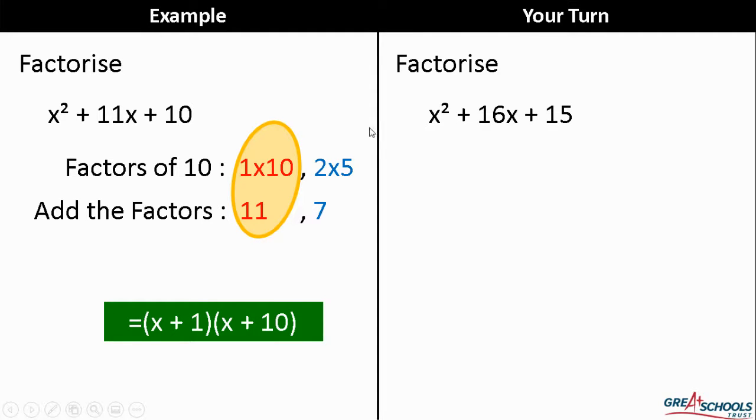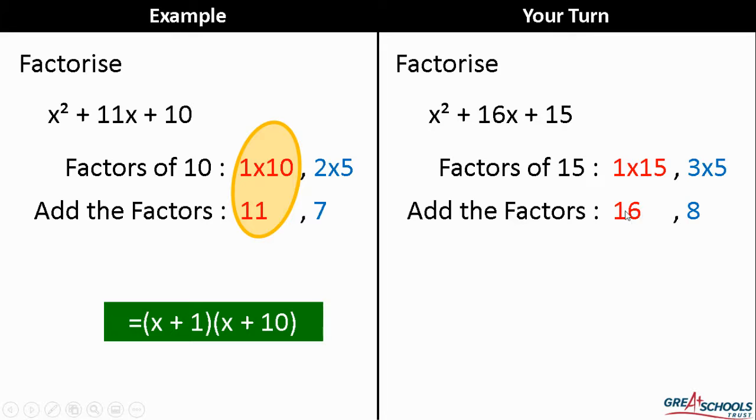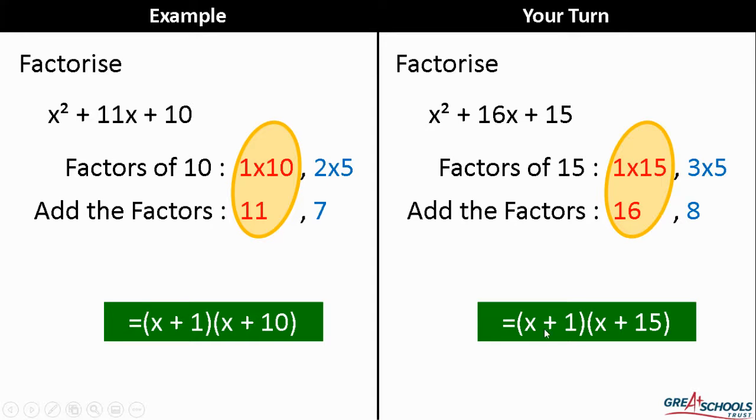Okay, once you've restarted, you should get 1 and 15 and 3 and 5. When you add them together, you'll get 16 and you'll get 8. So we can immediately see that these are the pair we want, the 1 and 15, because they're the ones that give me 16. So my answer is 1 and 15. Okay,